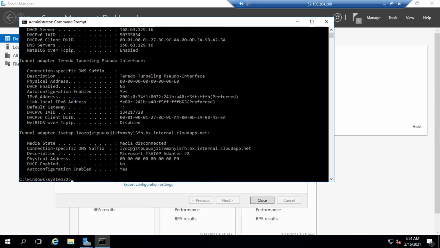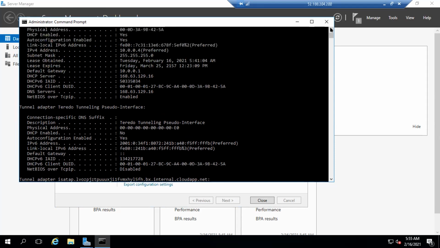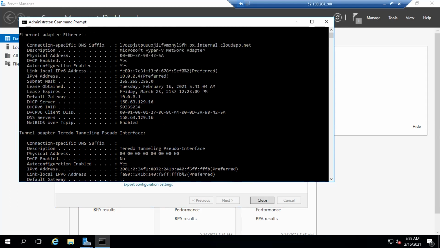Now look at that. Where is the DNS server? 168.63.129, that is DHCP. Below is the DNS.